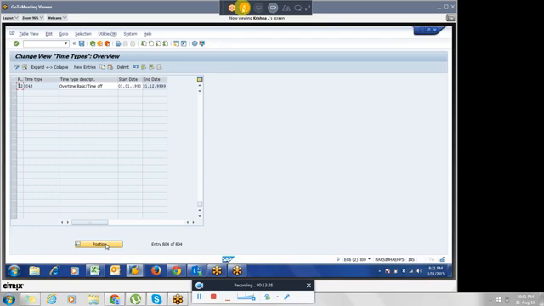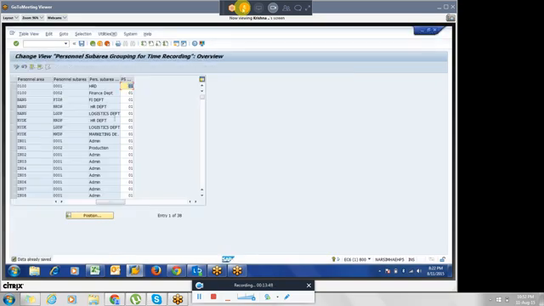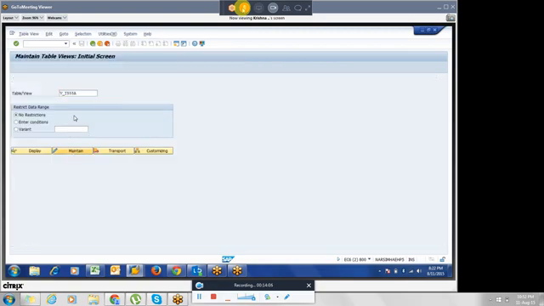So there are a few tables, T555Z, T555Y, and this T555A, and we will copy these tables. I will show you a few of the errors once this is done, what errors you will get if we change the time evaluation group. In the initial stage, you can work on 01, so that all the standard time types will be available for time evaluation grouping 01. That's all from the configuration side. But in the time type, what we have done,